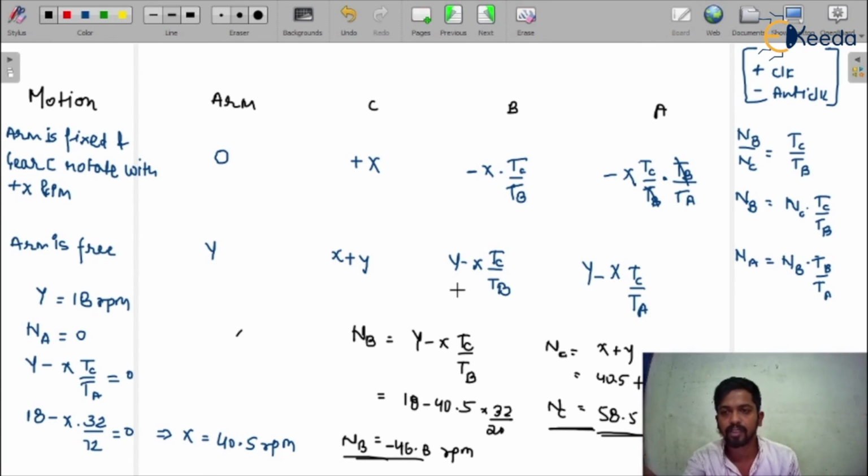So just learn how to draw the table accurately in different questions. By solving different questions, you will be able to draw the table according to the question, and then you will get the answer easily in the examinations. You just have to be careful about the direction as well, because the direction is also important. Generally they mention the direction, clockwise or anti-clockwise, if the question is of objective type.